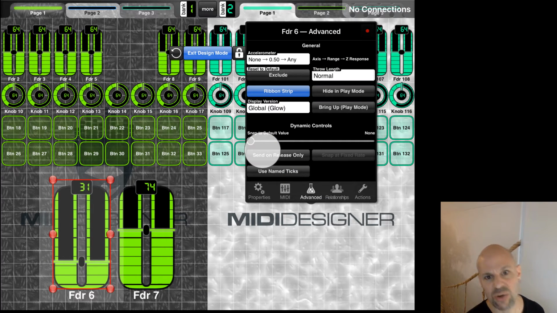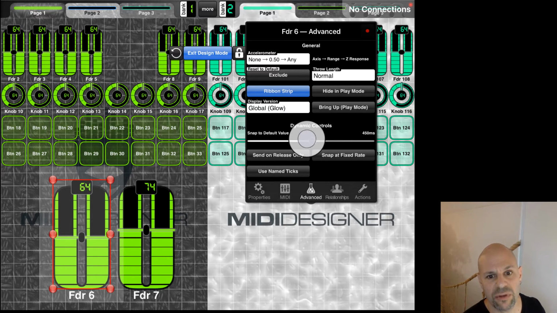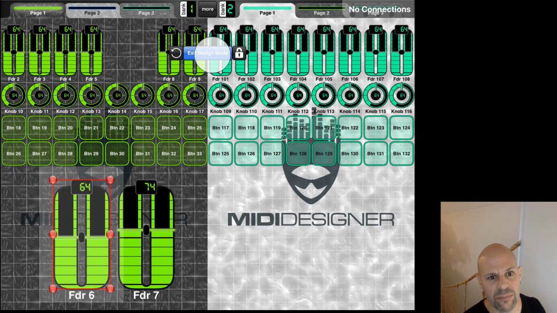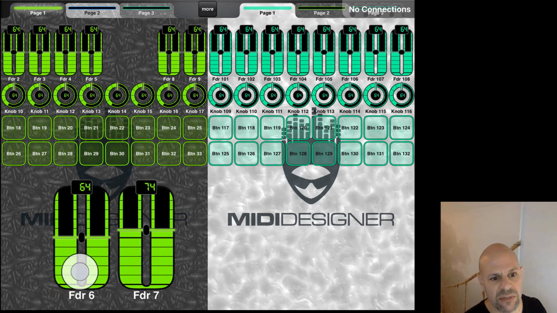I do want it to drop down to its 0 value. So the next thing I do is I go into advanced, and here is snap to default value. So I'm just going to bring this up to something really low. It could be 0. I'm going to make it 25 milliseconds just for fun. And I exit design mode. And now wherever I touch it, it snaps back pretty quickly